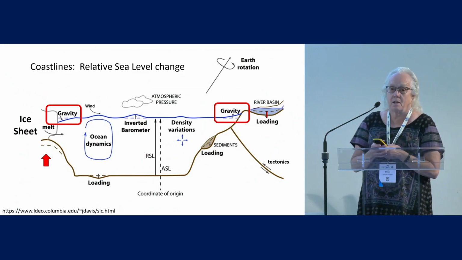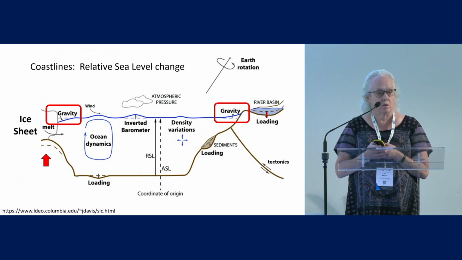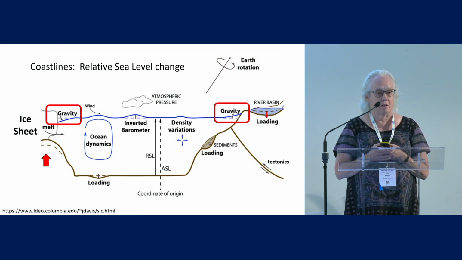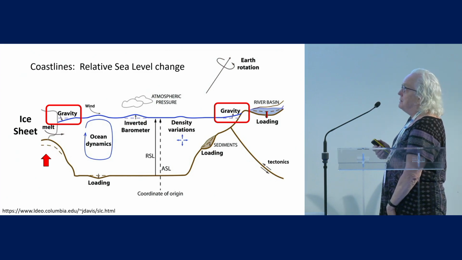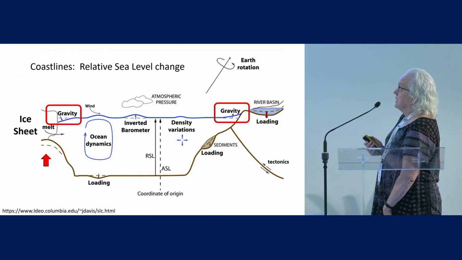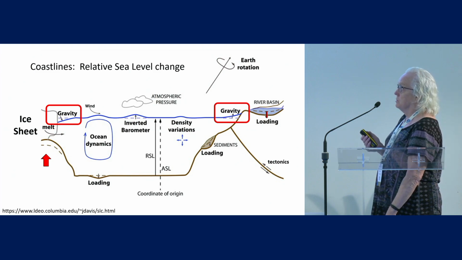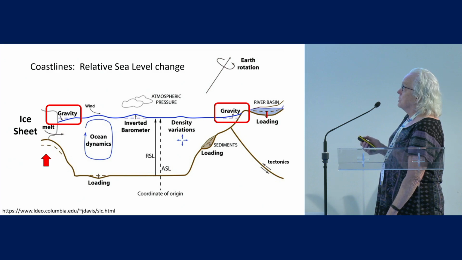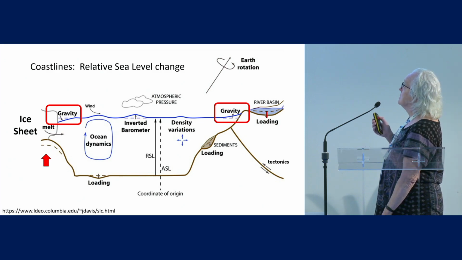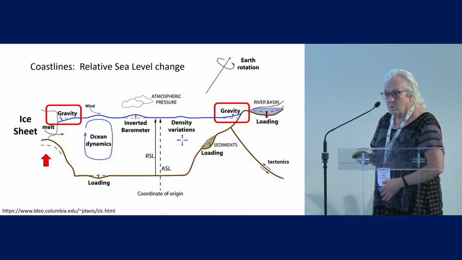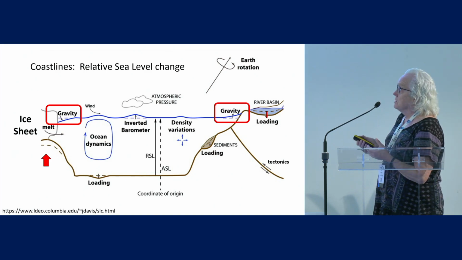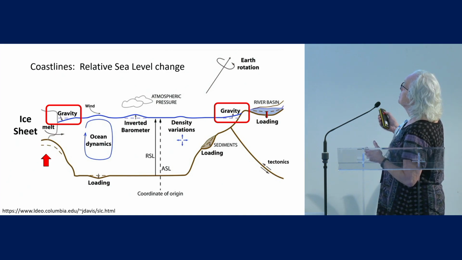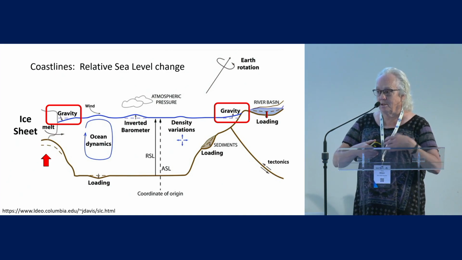But when we talk about impacts on infrastructure, we're concerned about relative sea level around the coastlines. And so I took this from Jim Davis's website. And there's a couple of coastal effects that I'm going to run through quickly. You've heard about some of them. And of course, the gravitational effects that you see different signatures depending on where you are, what coastlines around the world you're at, and of course the influence of vertical land motion, which could be driven by tectonics, loading, or